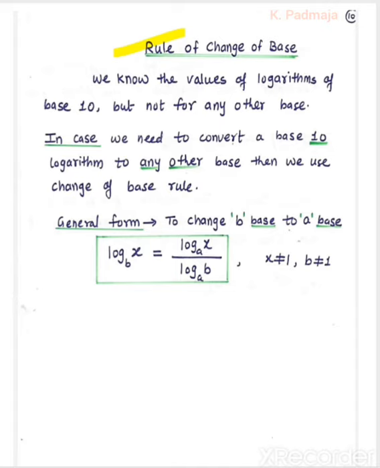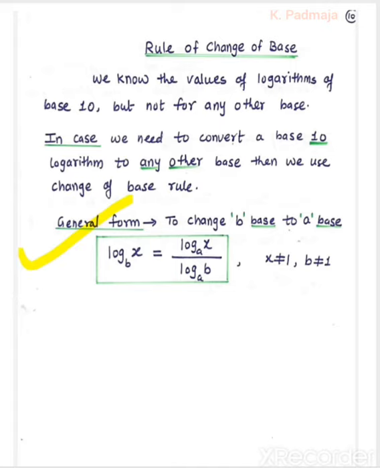In calculators also, the log to the base 10 values, like log of 1 or log of 3 to the base 10, or maybe the natural log values are given. But if we want to find the values of logarithms of other bases, suppose base 3 or base 2, those types of logs we cannot calculate. Suppose we have to find log 3 to the base 6. The base 6 logarithm is not given in our calculator; this key is not there. In that case we have to use the change of base rule.